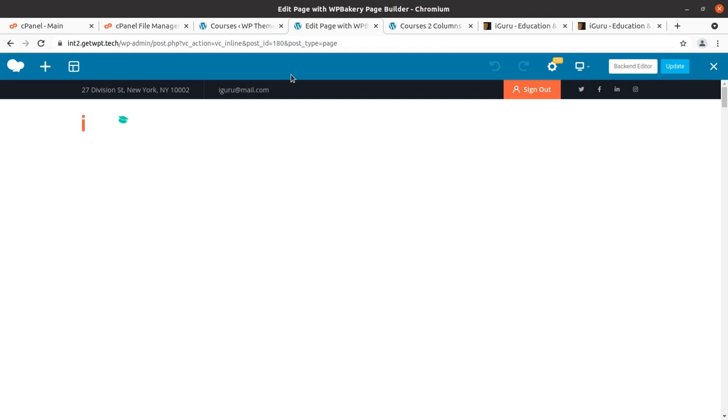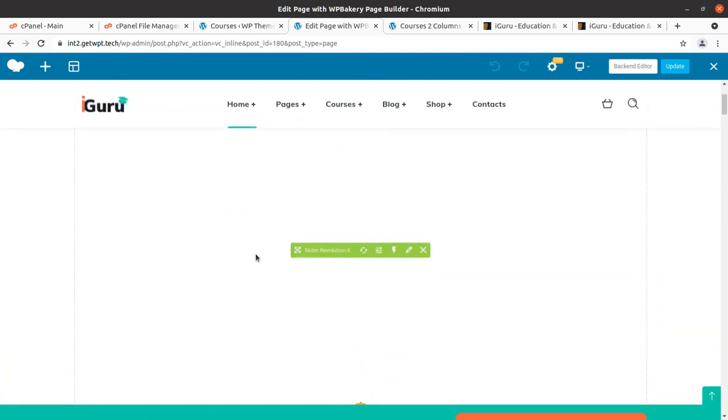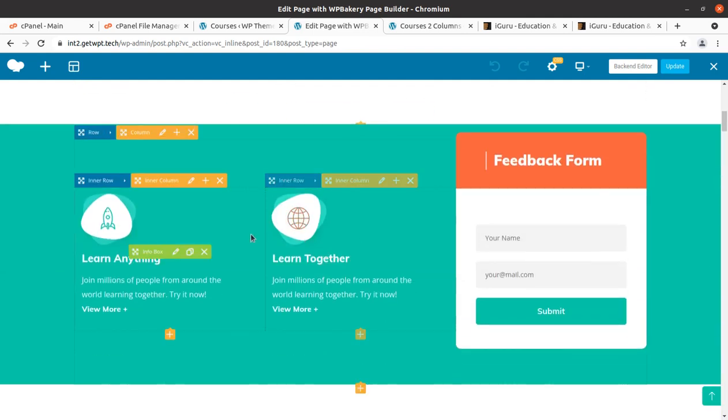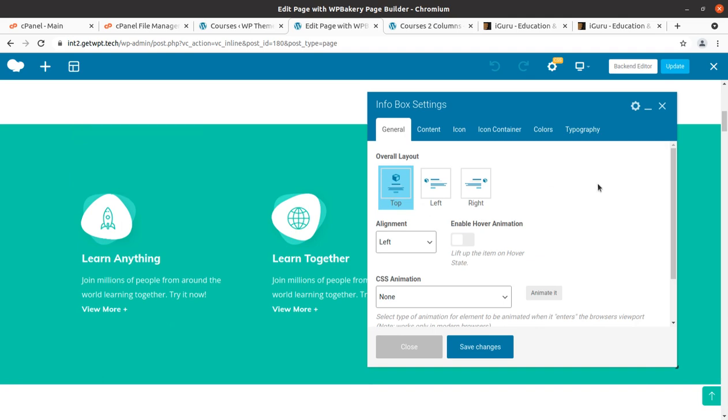This is the front-end editor of WP Bakery Page Builder, and this is the slider section, and it can be edited in the Slider Revolution section. And for the rest of the things you can simply click on the pencil icon and change the content, text, and icons or images wherever required.